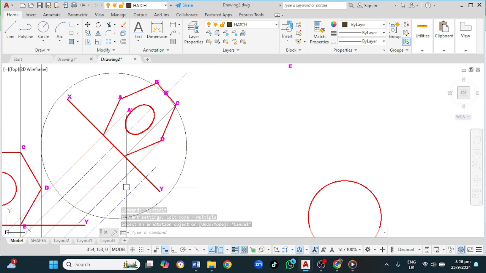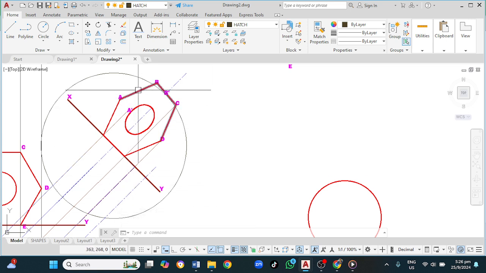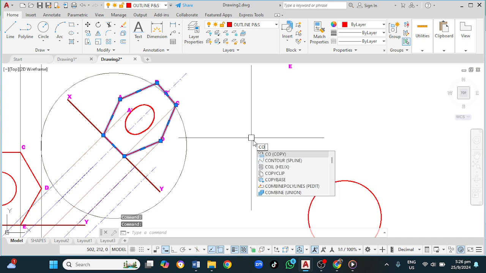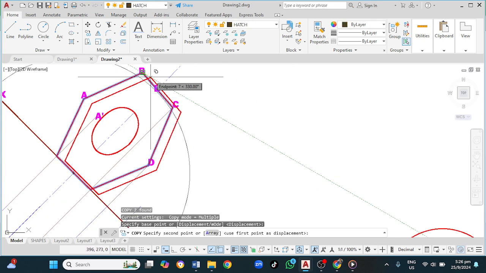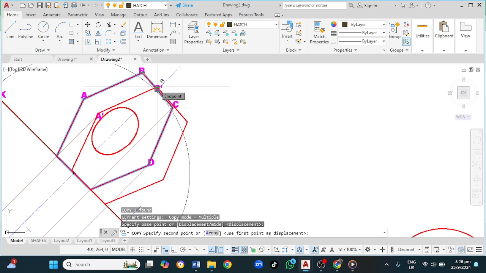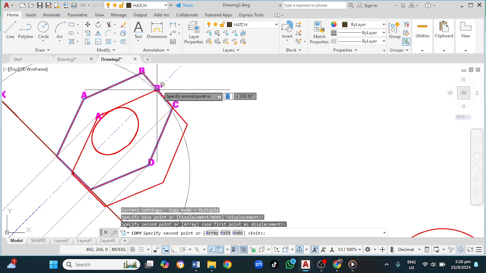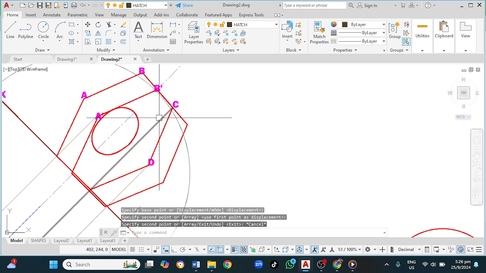So what we could do, we could simply copy this shape using here as a base point and transfer it to this to get the other part. But I want to go through and do the whole process. So yeah, you could do that. You could copy these, CO, enter. Choose here as the first point, here as the base point, and you'll get